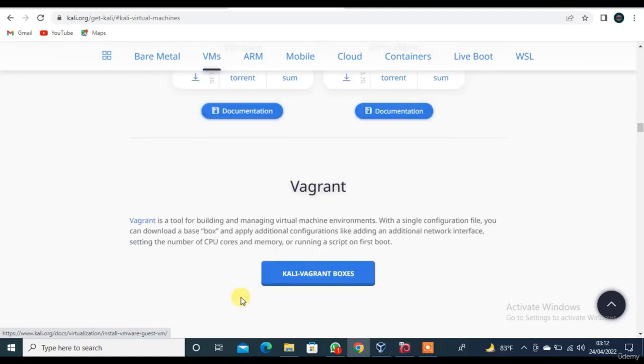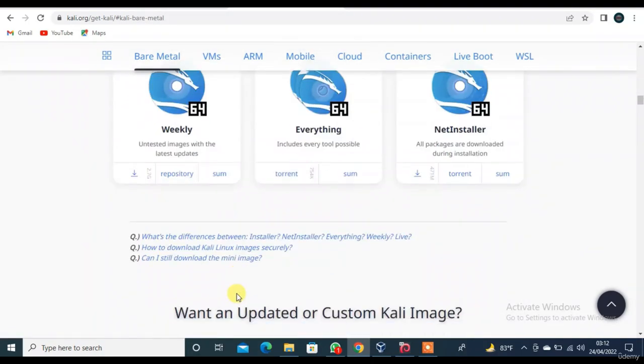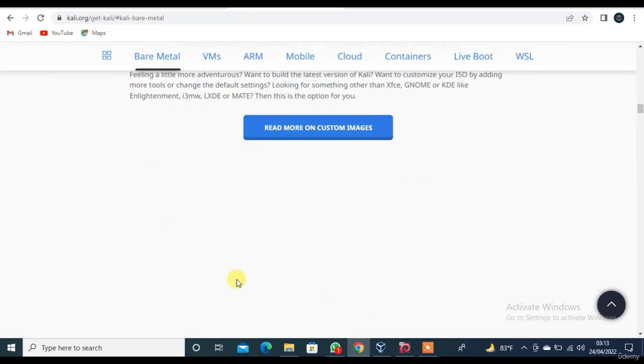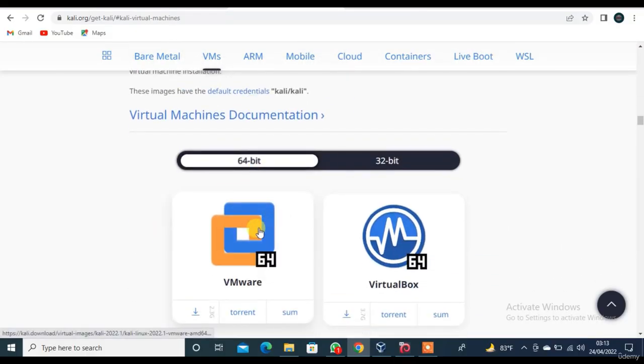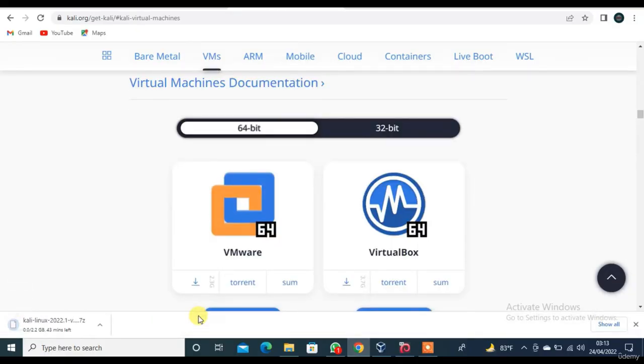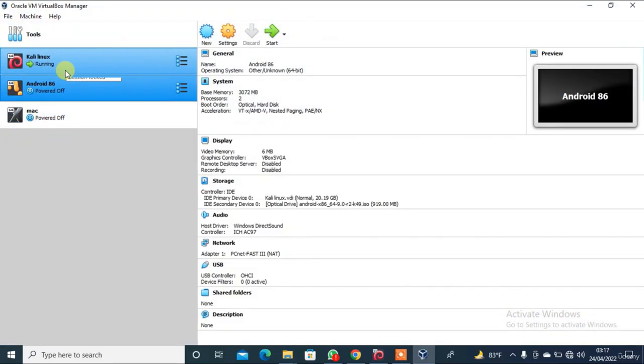So I need to download the 64-bit version for my virtual machine. So simply choose VMware 64-bit. This is 2.2 GB total space. After successfully downloading,